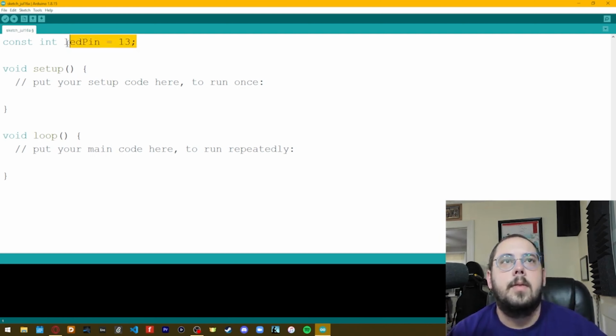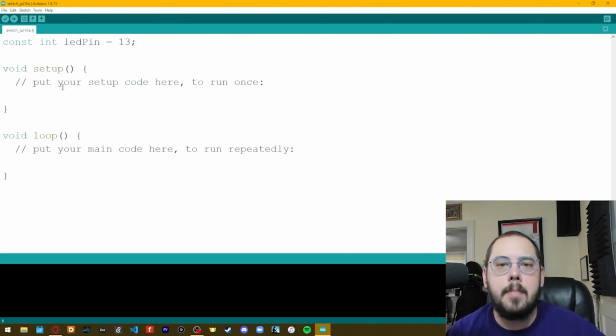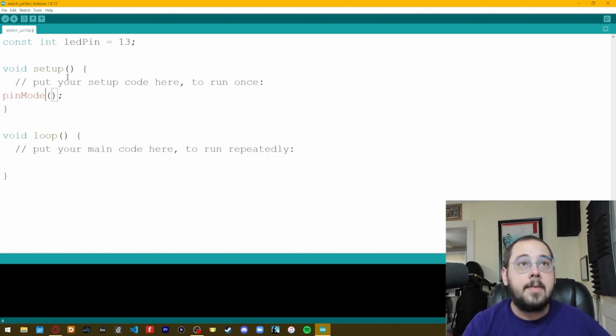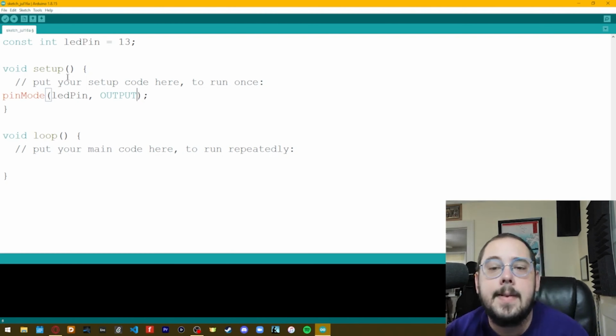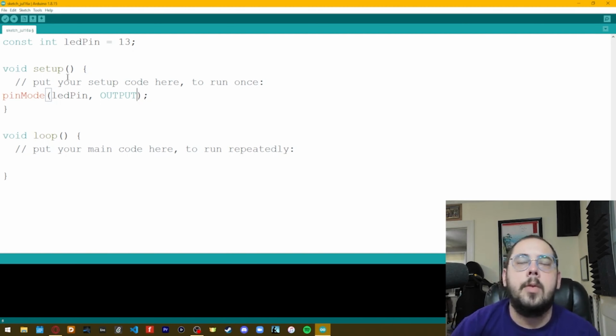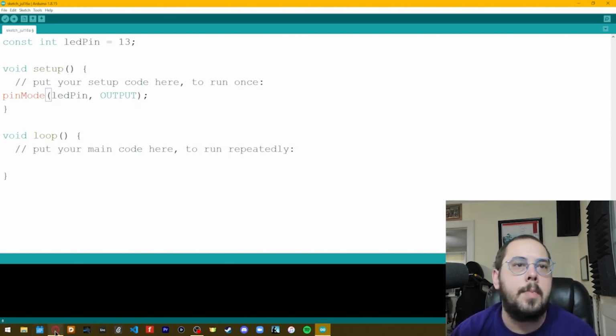All right, so in our circuit that you'll see in just a second, we're going to connect this to pin 13. It's pretty simple. That's going to be a digital pin, so we have to go into our setup function here and say pin mode, and we'll say LED pin, and that will be an output right there. So again, for every digital pin that we have to use,